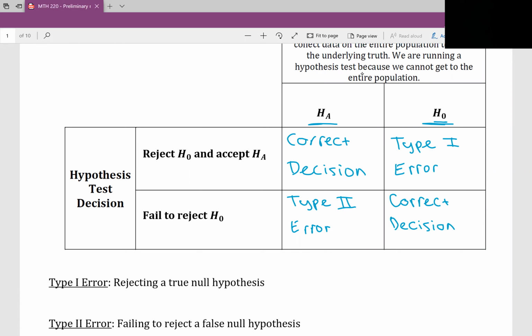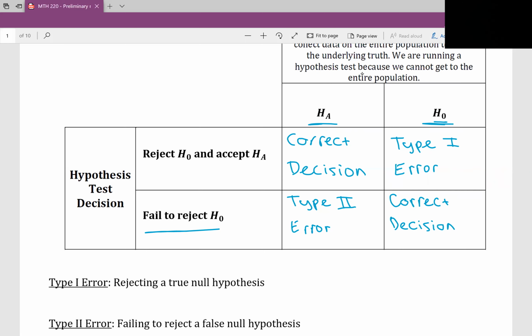That's a type 1 error. A type 2 error is failing to reject a false null hypothesis. Okay, so in this case, if H0 is false, well, then our decision should be to reject H0 and accept HA. But if we decide to fail to reject H0 when H0 is false, that means that we made a